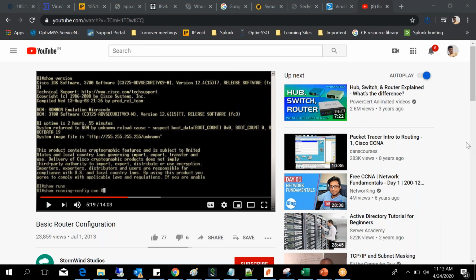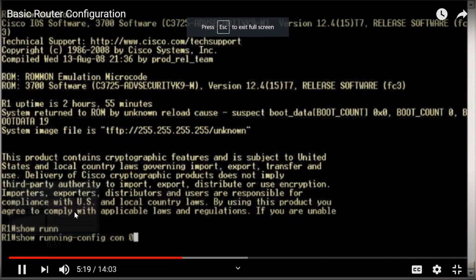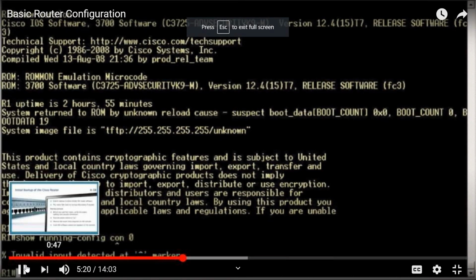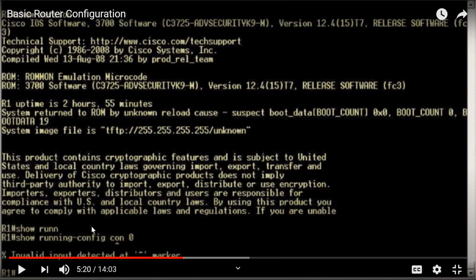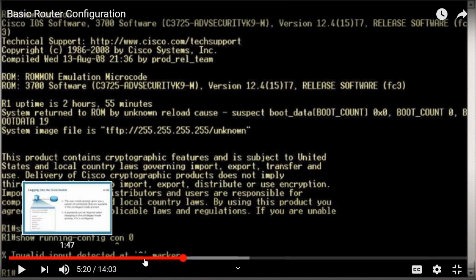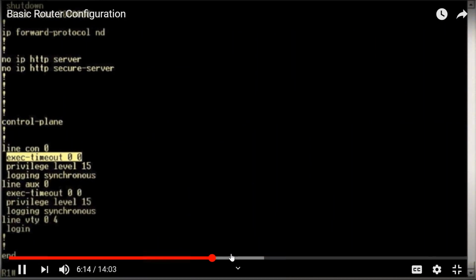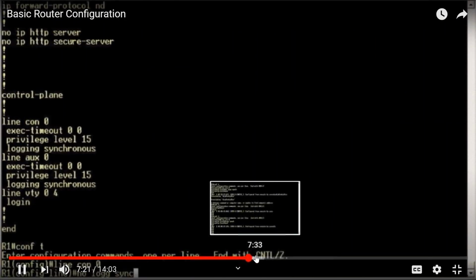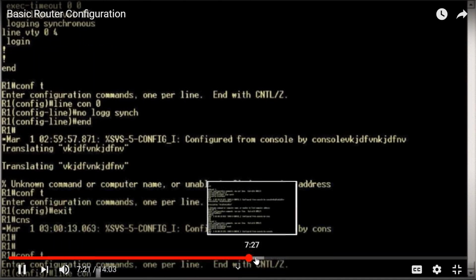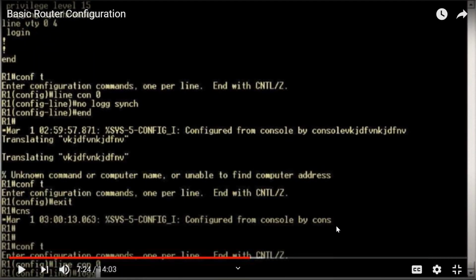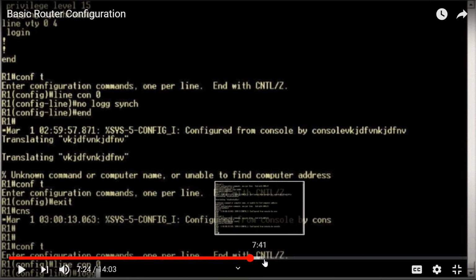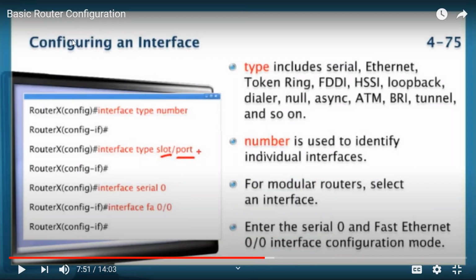Okay, fine. So see here the complete router configuration. He is in the router right now, doing all the configurations. This is how the interface-level configuration and IP addresses are done.